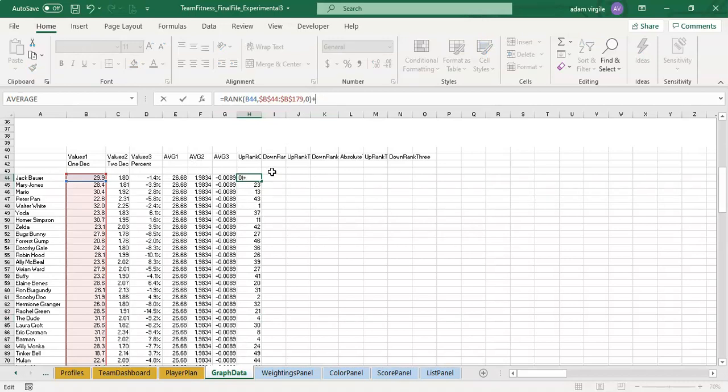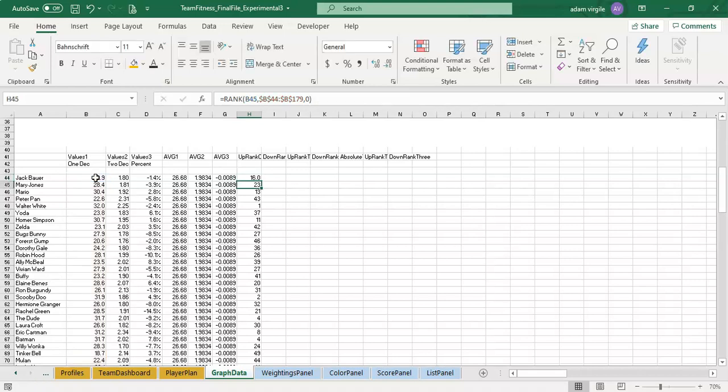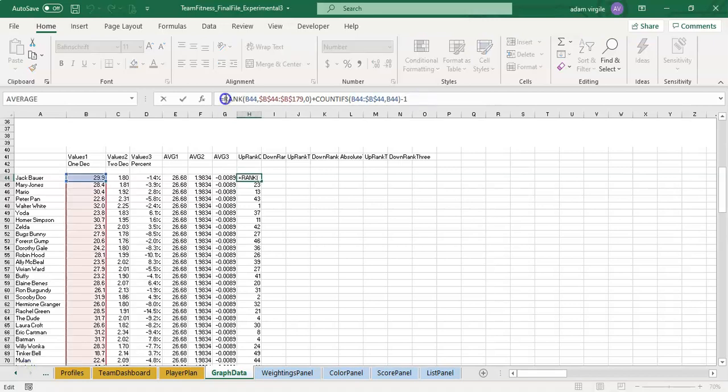But the plus COUNTIFS, B44 to $B$44, that's important, comma, B44 again. And then I think we end that and do -1 maybe, and click enter. I think that's how, we'll see. And let's wrap this around an IFERROR, just in case there are errors. So if there's an error with anything that's going on here, comma, let's make it blank, close it off,